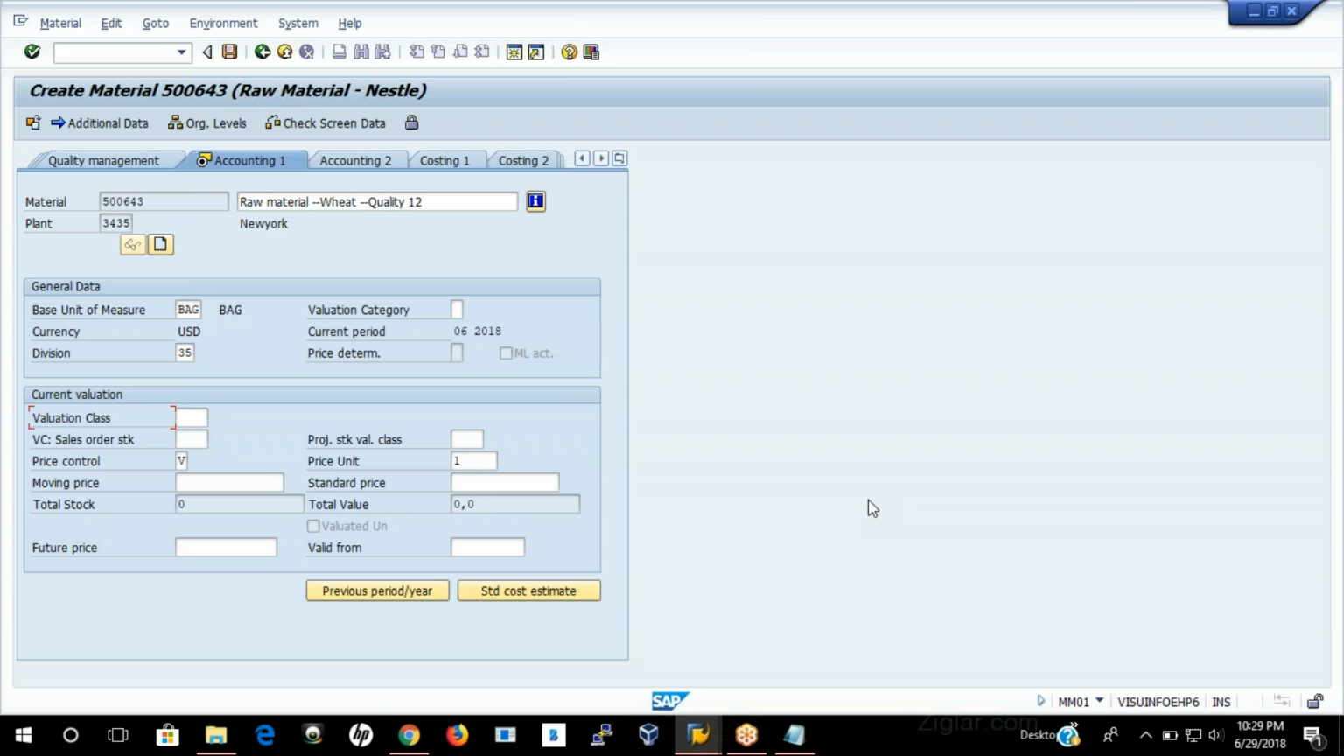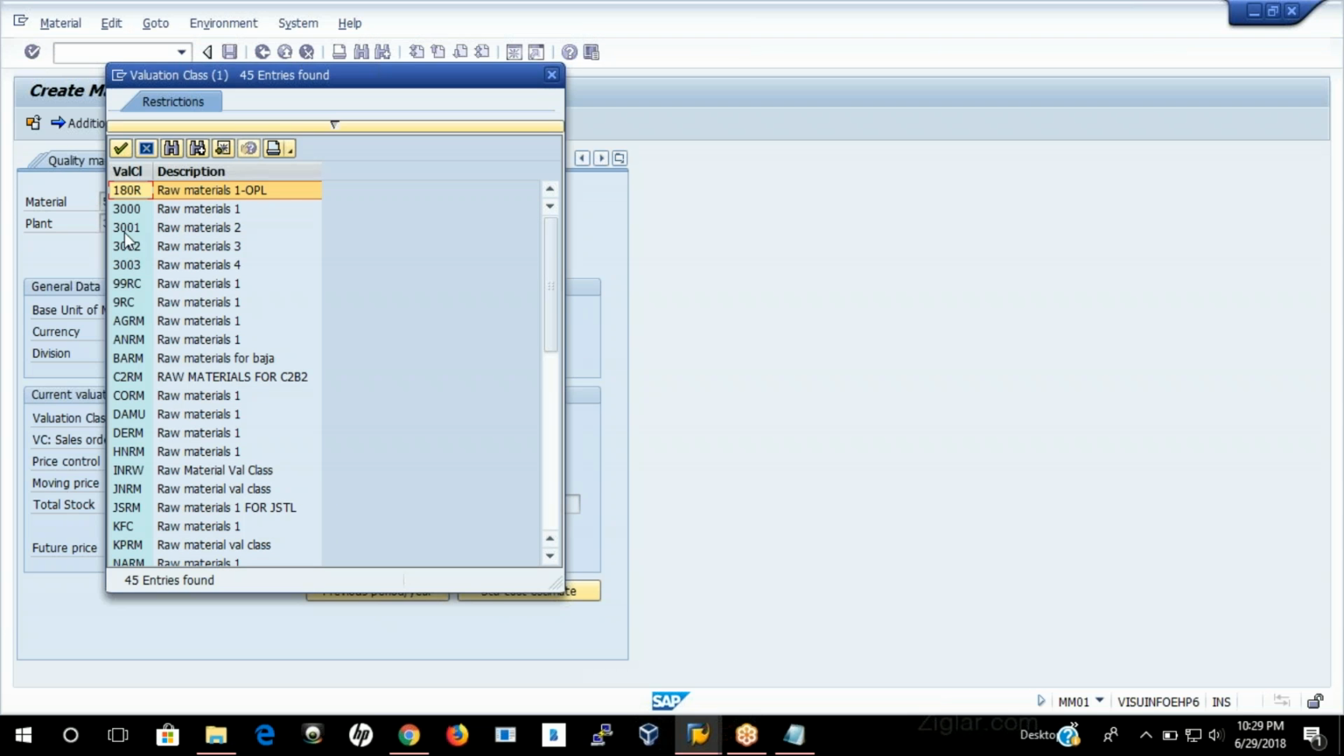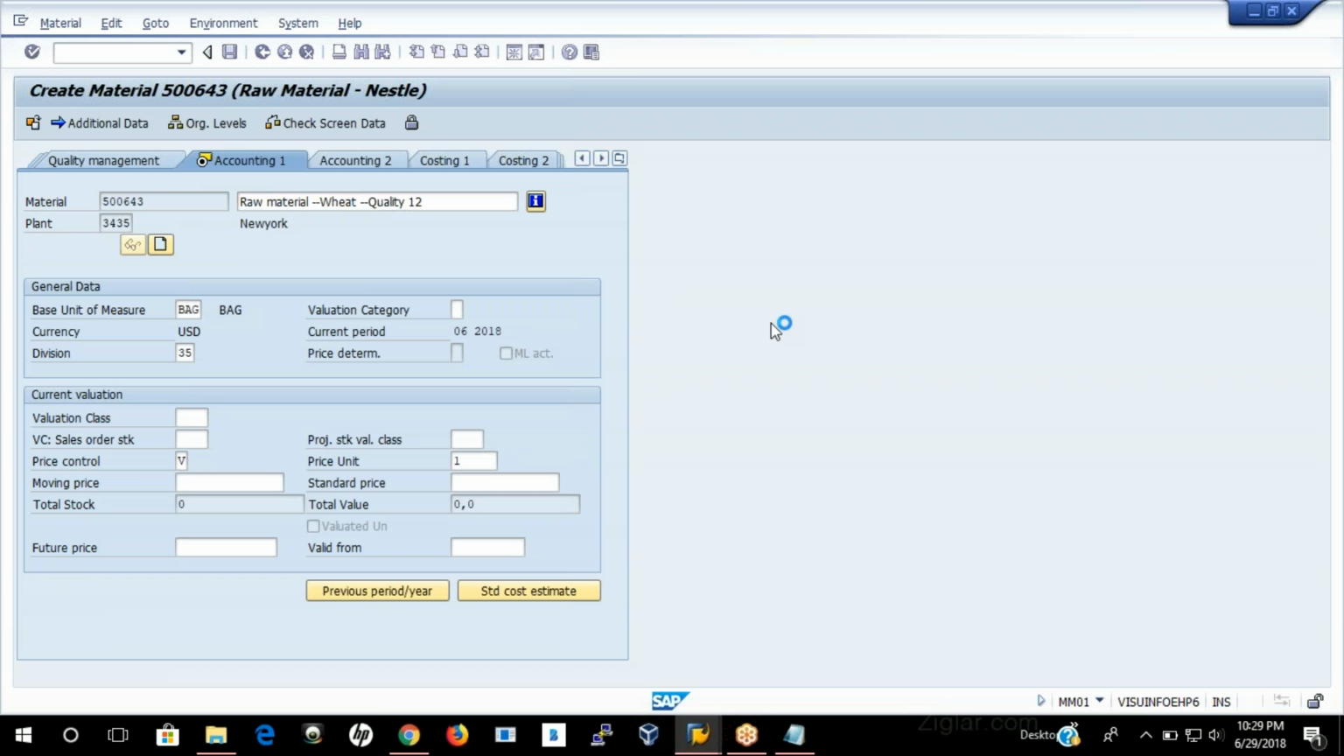SAP provided standard valuation classes to post the relevant transactions with respect to the materials here. You can see here we are having 3000. It is the standard valuation class here. We are selecting 3000 now, and we'll see how to create a valuation class and how to